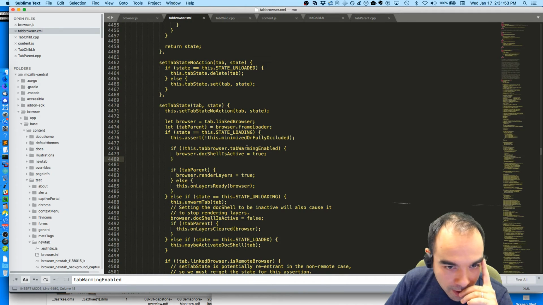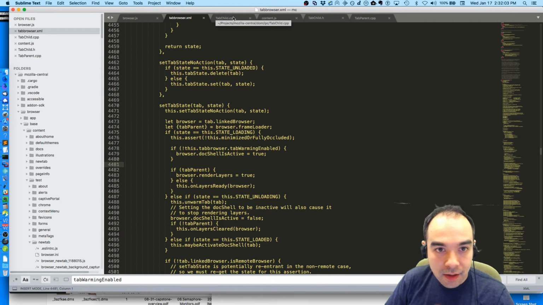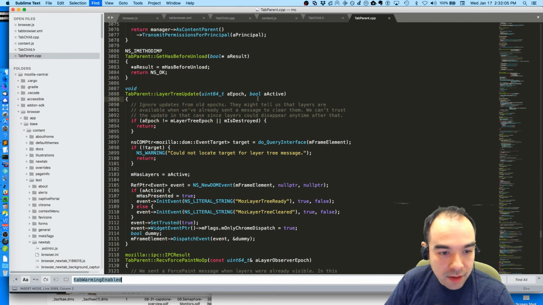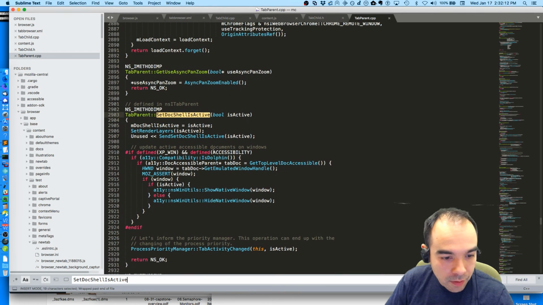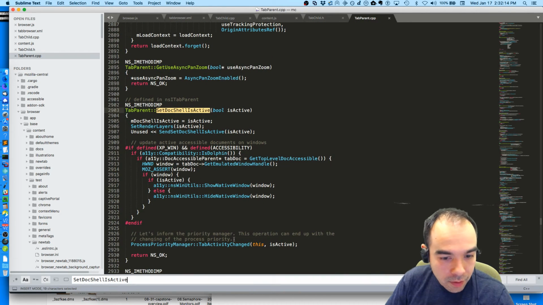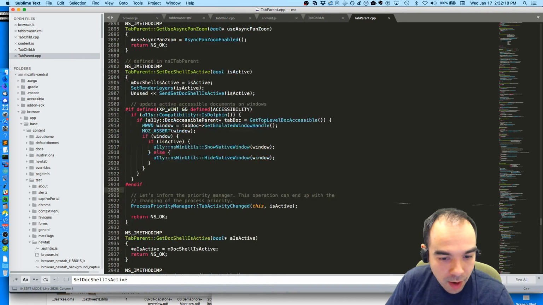If we're not warming, then we send browser doc shell is active to be true. Otherwise we send render layers. And when we send set doc shell is active to be true, process priority manager.